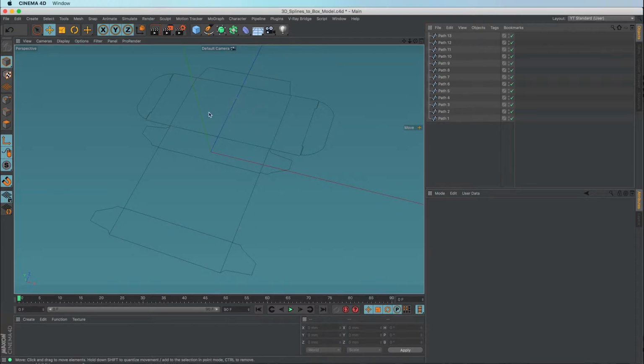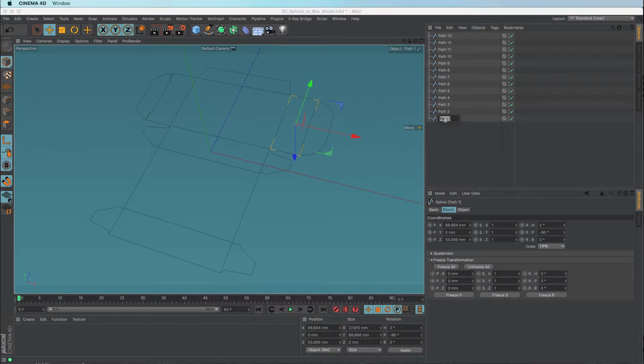This panel is going to be the base, this one will be the front, this one will be the top, this will be the back. This side will be left, this side will be right, just to keep things easy. So this one is right. This is base tab, we'll call that. This is left, front, back,